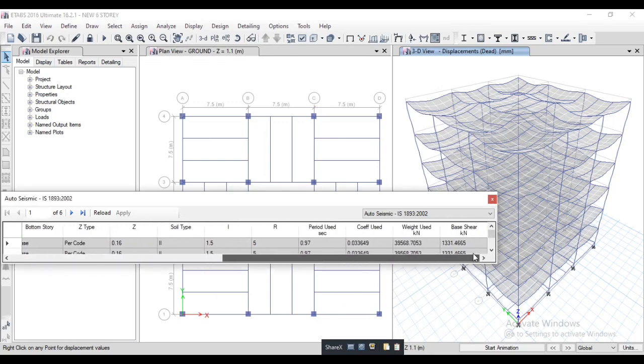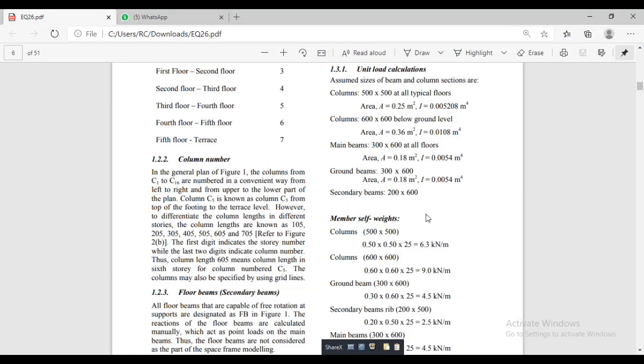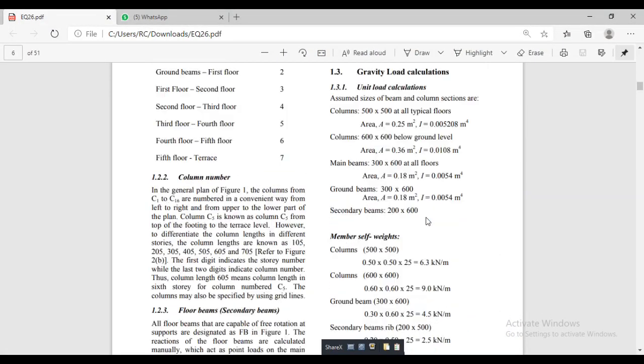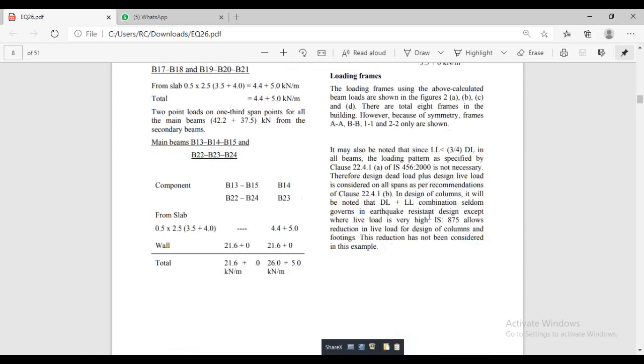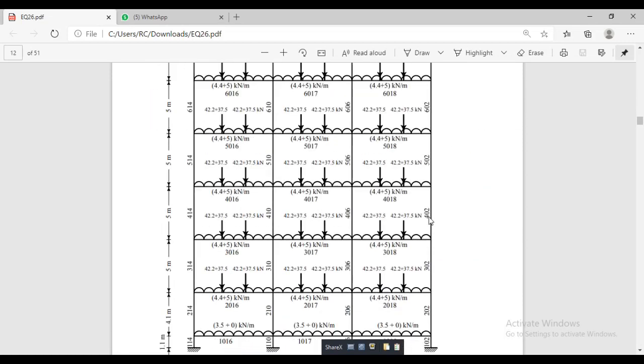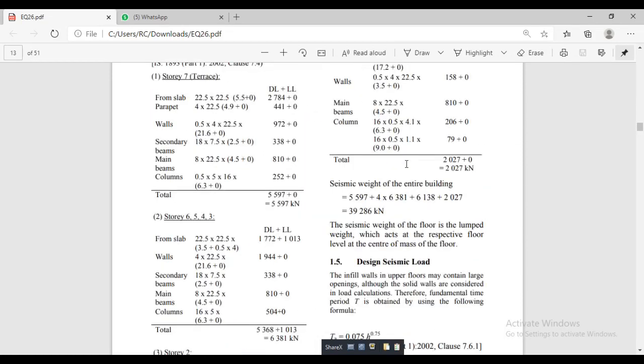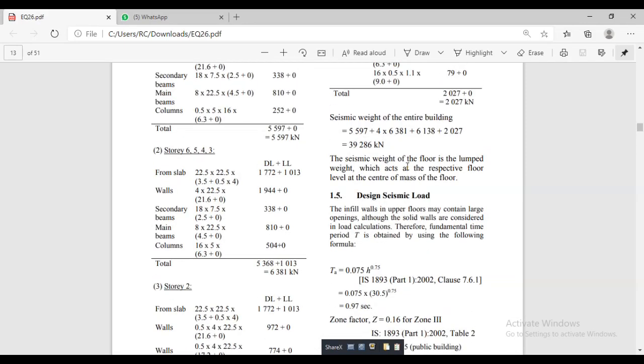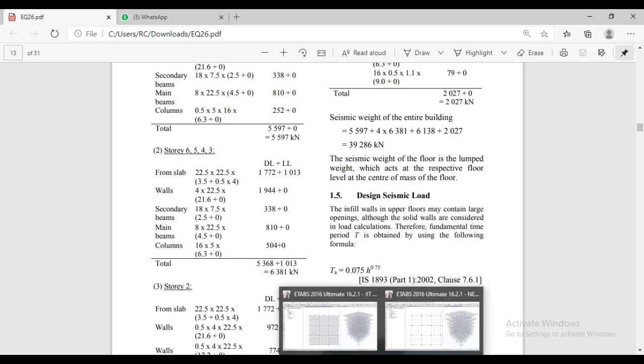After scrolling, you can see the weight used is 39,568, and this is the manual calculation data, 39,286. Something like 200 kilonewton is the difference. This difference comes because of the property of material. So means almost correct.